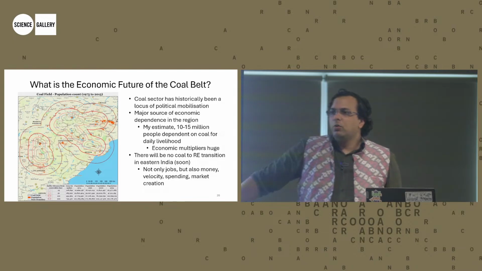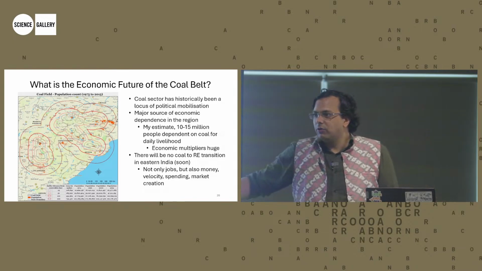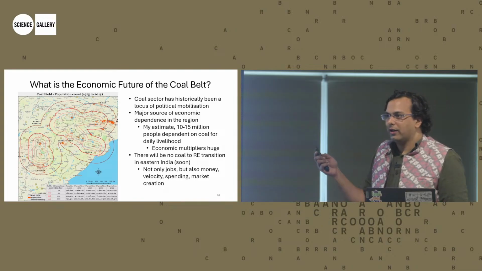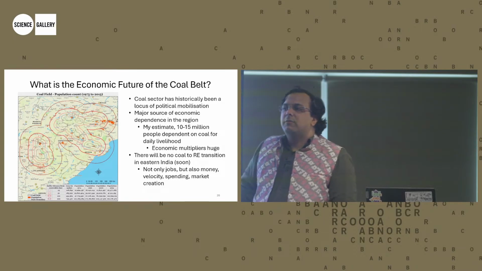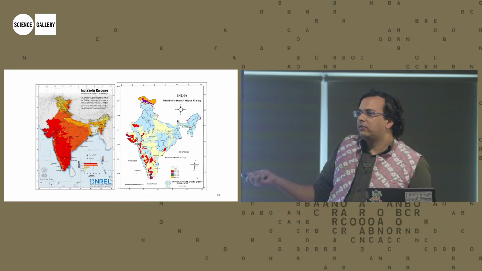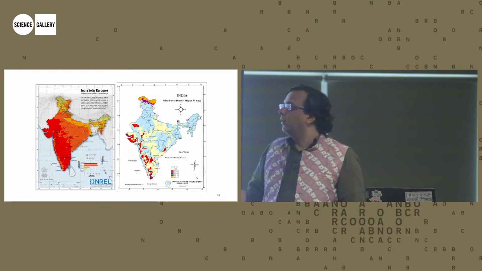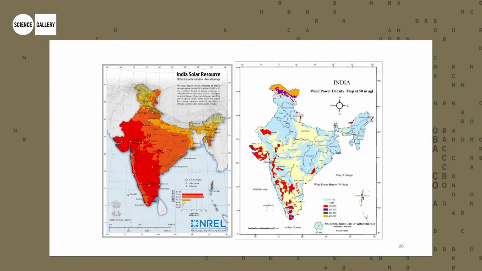And I want to disabuse one of these notions, that renewable energy is going to save the world in these regions. It's not, and let me show you why, right? So this is where the coal is. I've shown you this earlier. The red regions in these maps are where the best locations for wind and solar are in India, right? Solar on the left, wind on the right. Basically, it's all in western and southern India. If you look at grid-connected renewable energy in India today, over 95% of it comes from western and southern India, 6 states, right? It is not coming from this region. I hope that at some point, some private investor decides to make solar energy in India.